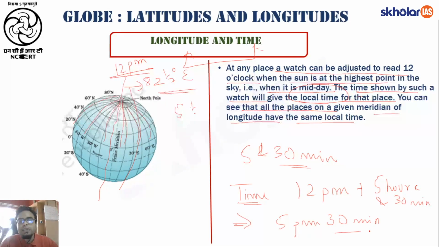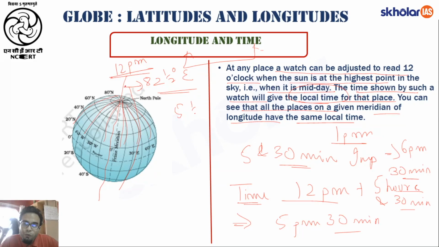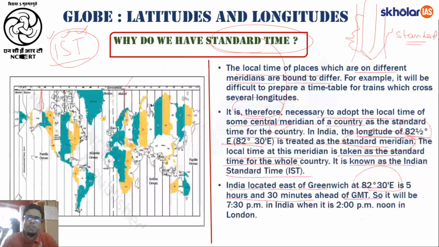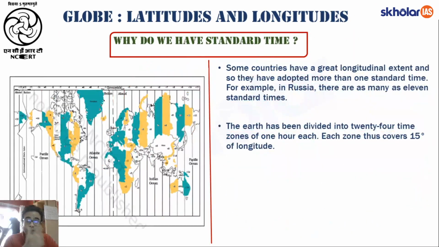Similarly, if the time at Greenwich was 1 p.m., what would be the time in India? It will be 1 p.m. plus 5.5 hours, meaning it will be 6:30 p.m. in India. Understood this? So as we move towards the east from the Greenwich Mean Time, we add time, and as we are moving towards the west, we subtract the time. Very, very important. Now we shall understand how to solve these questions in your higher standards.